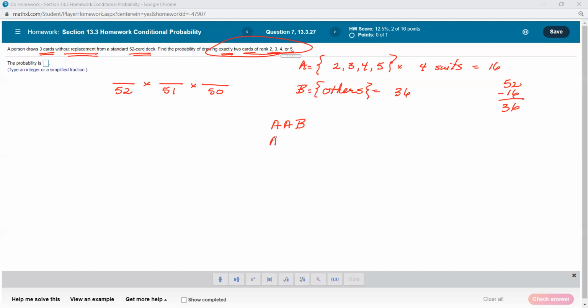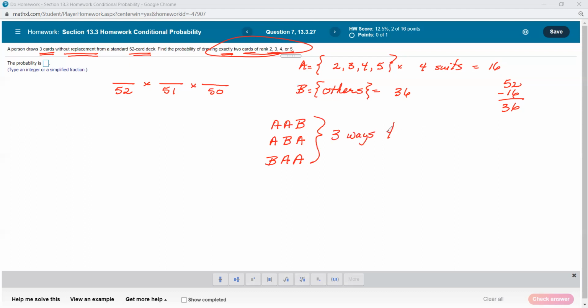Or we could draw from this set first, from the others second, and then get one from the first set again on our 3rd draw. Or we could even draw, say, an 8 the first time, and then a 2, 3, 4, 5 the second time, and a 2, 3, 4, or 5 the 3rd time. So there are 3 ways